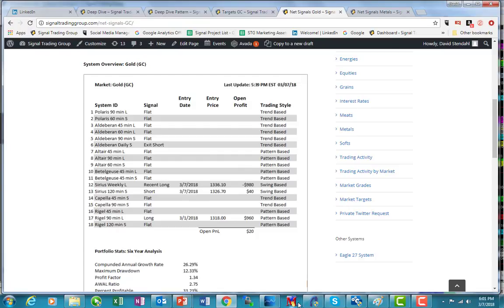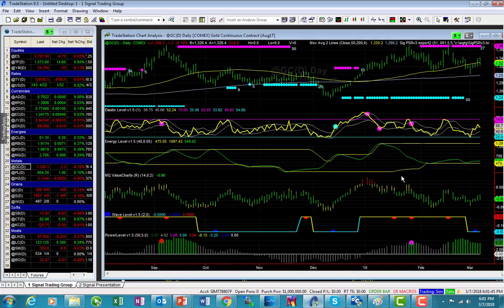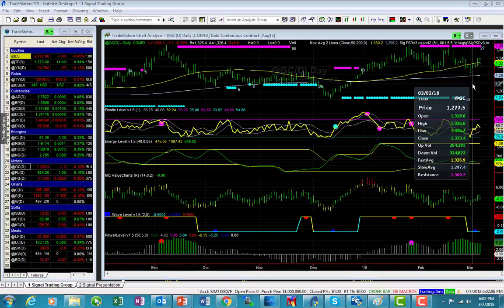So right now, when we're looking at gold, we are net long the position and not liking the fact that it broke back below that 50-day, but we're buoyed by the fact that we have a wave low that is triggering. You can see that the market is rallying off this sell-off that we had back on the 2nd.